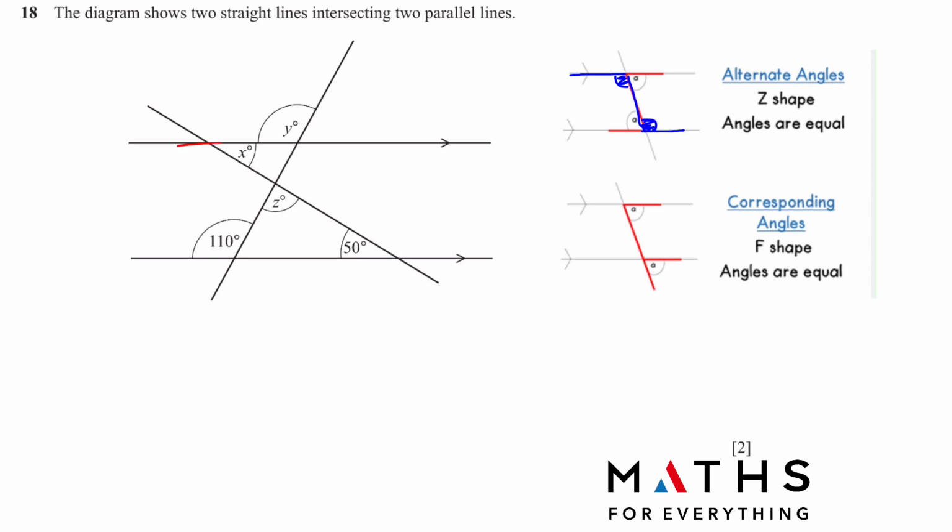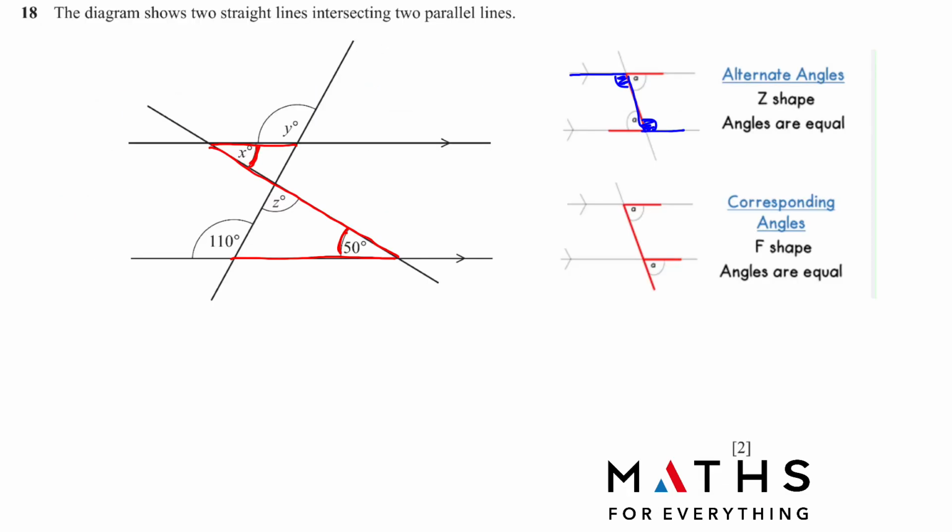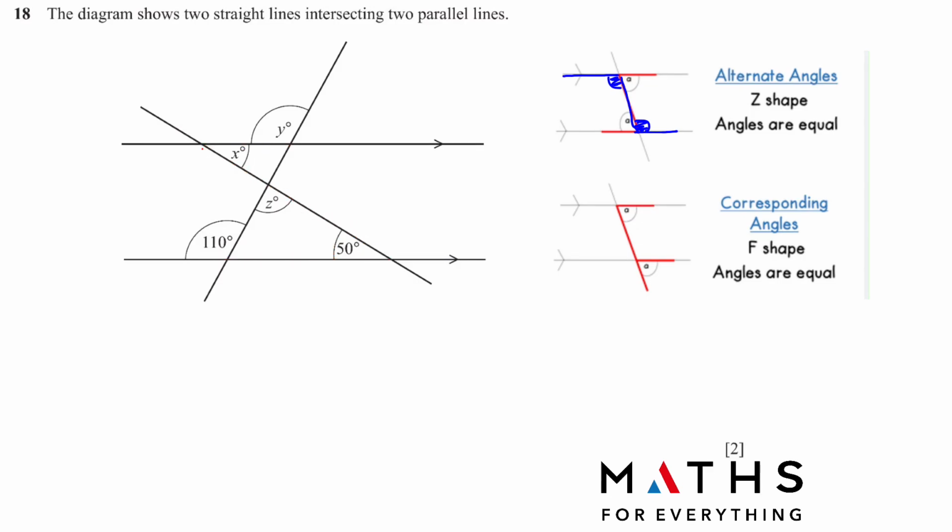If you look at the diagram closely, we can make a z here. Always look at the corner of the angle. So x is equal to 50 because alternate angles. Now we have to find the value of y. For finding the value of y,